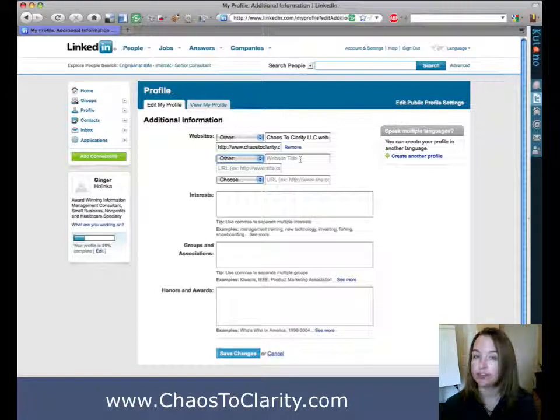So maybe it's your Delicious bookmarks, maybe it's your Facebook profile if you're using that professionally. Whatever it is that you do on the web and where you want to be seen professionally, you want to connect those different places because that helps increase your legitimacy. So you point Facebook to LinkedIn, you point LinkedIn to Facebook, Twitter, the same thing, all with the different accounts